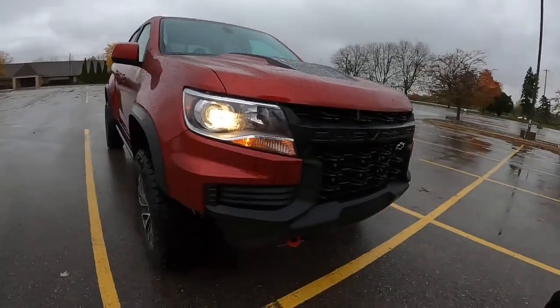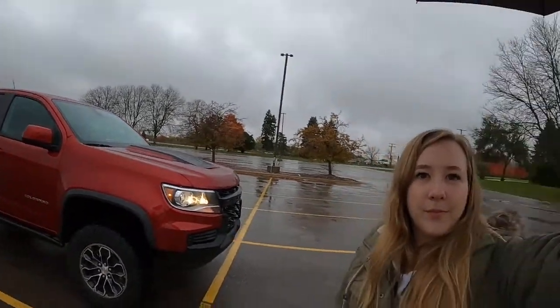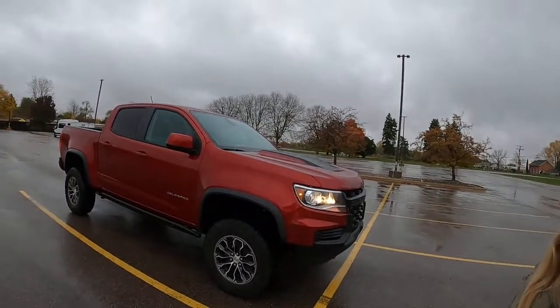Yep, you got some nice red tow hooks down there. What do you guys think of this color? I think it's handsome. I think it's really pretty. Mm-hmm. Yeah, it's...